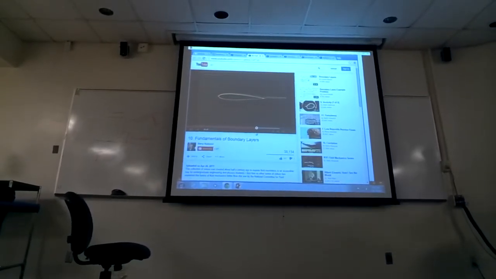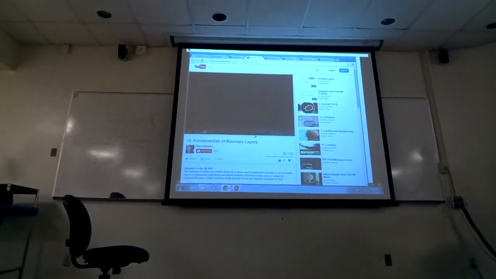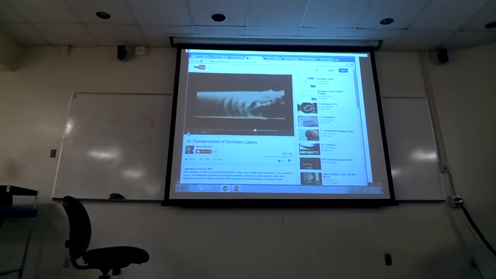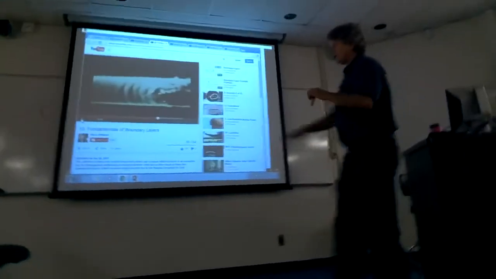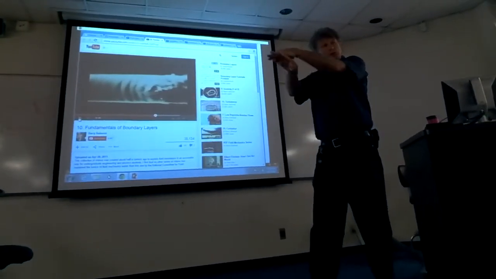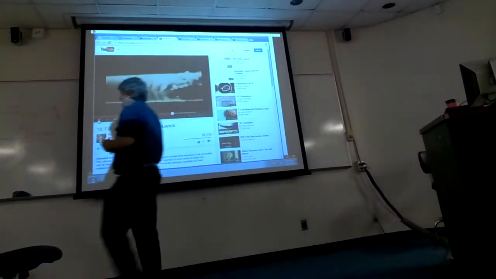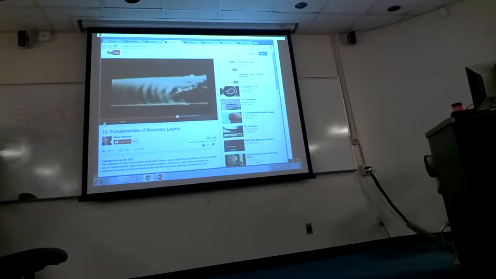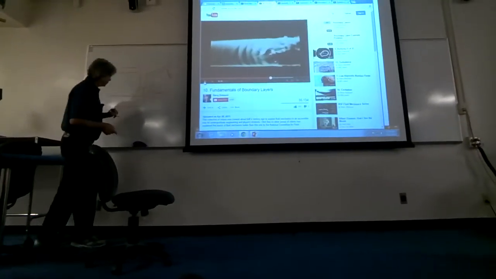Okay. A film with a high-speed camera can show the stages in transition of the boundary layer from a laminar one to a turbulent one. So far we've talked about laminar boundary layers. There are two types of boundary layers. The first is the laminar, where you have smooth sheets of water sliding past each other. And the next is turbulent, because once this gets far enough away from the material, and once it's going fast